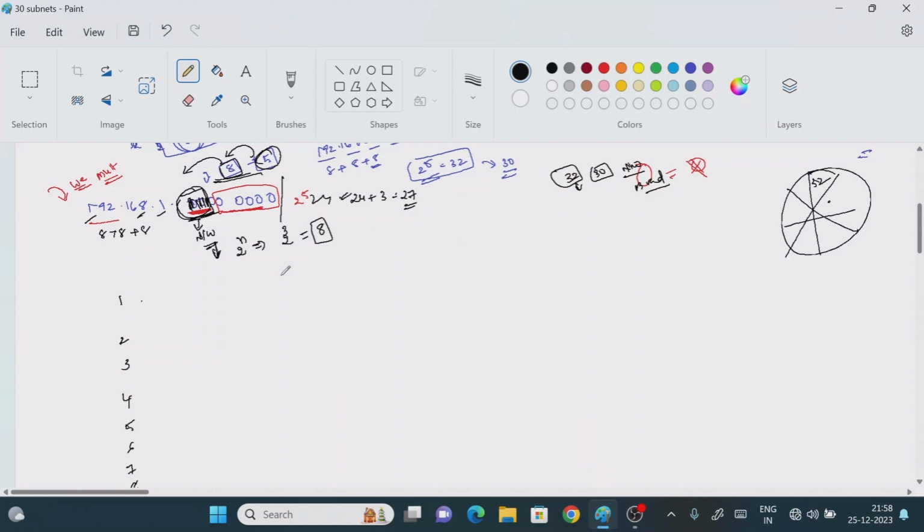Each subnet will consist of what? 32. We will be considering 8 portions, right? So now what is the starting value of the first network ID? 192.168.1.0, right? So the next network is nothing but 0 plus 32. Each subnet will be added with 32. So 0 plus 32 is nothing but 32. It means that the second subnet value is something